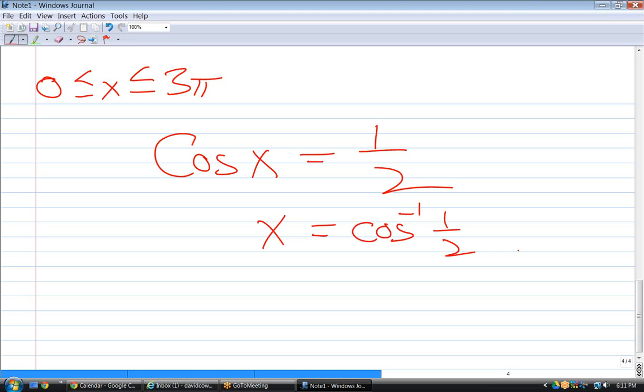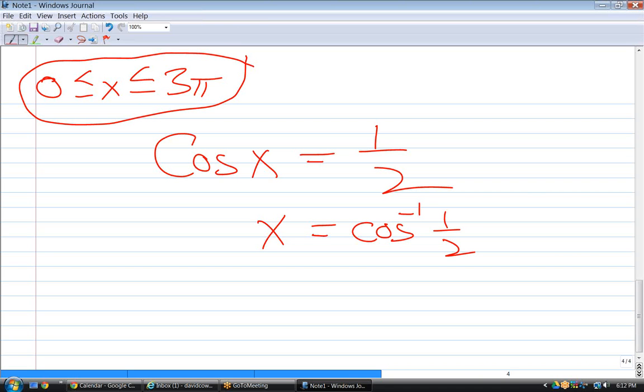In other words, you take trig functions of angles to get numbers. You take inverse trig functions of numbers to get angles. X is going to be an angle. So now the name of the game is, where is the cosine equal to 1/2 in that 1.5 unit circle